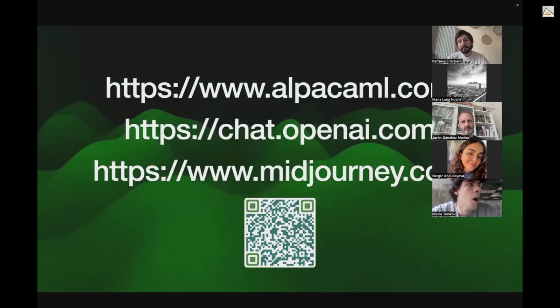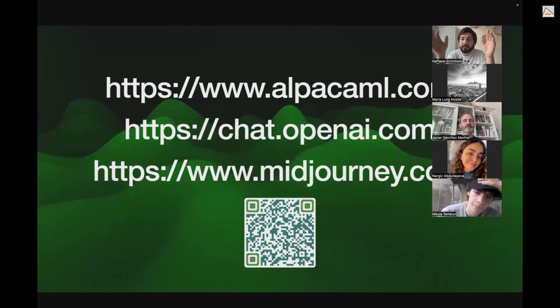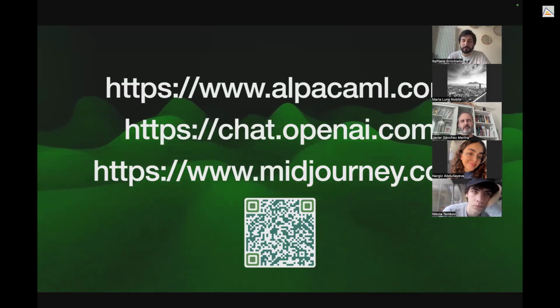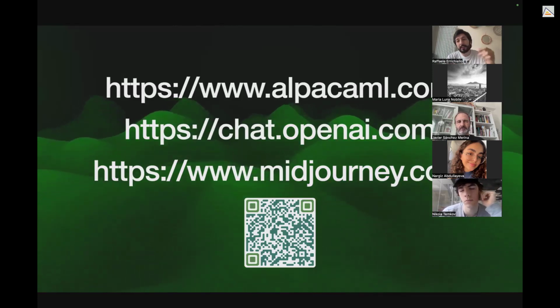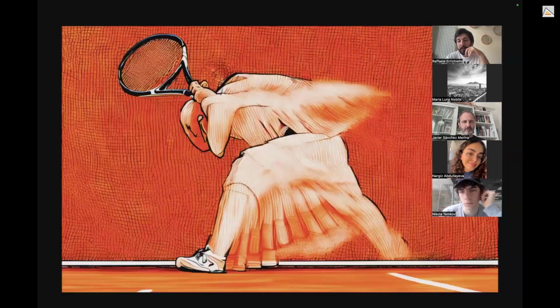These are some links that you can consider to have a look into for the tools that we will use. And the QR instead is a repository in GitHub where there are a lot of keywords and samples for Midjourney to get inspired, and also to have a look at the possibilities of the tool. So this was my last slide, and we can start maybe downloading the program. I can help you setting up